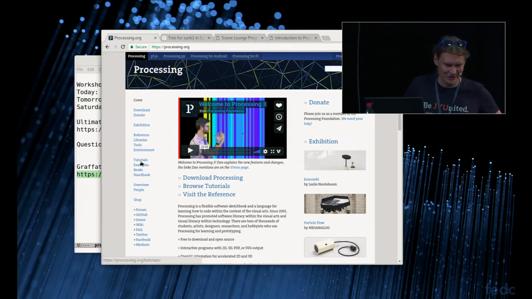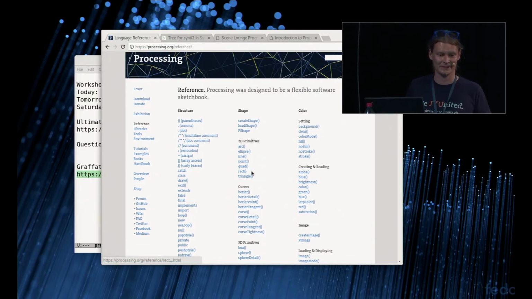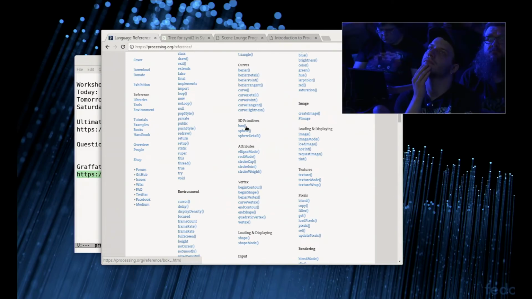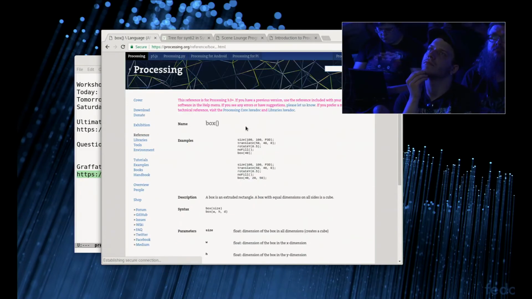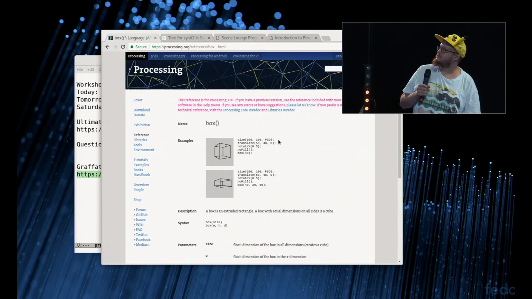as a PhD in computer science, I first look at the first tutorial and then find where it says reference, and then I click on reference, and then okay, wow, I can do this and this, and then okay, how do I make a three-dimensional box? I click here on box. It will tell me how to make a three-dimensional box, what to do,